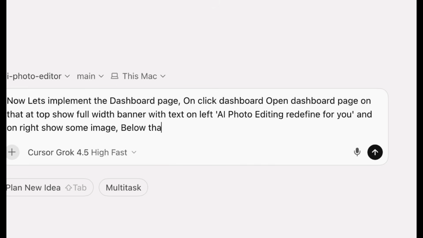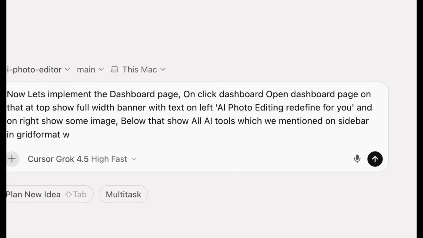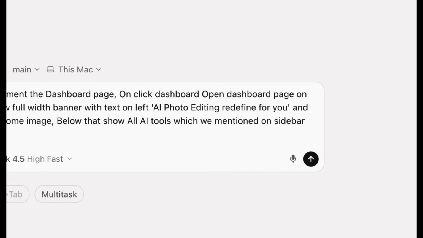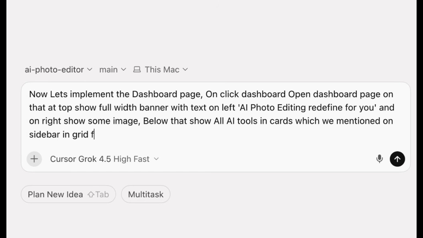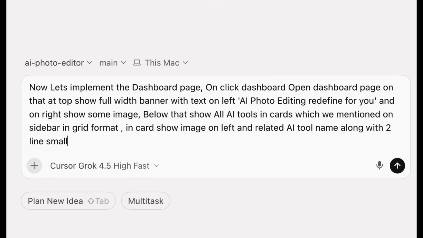Then below that, show all AI tools which we mention in the sidebar, in a grid format in cards. In each card, show the image on the left and the related AI tool name along with a 2-line small description on the right,